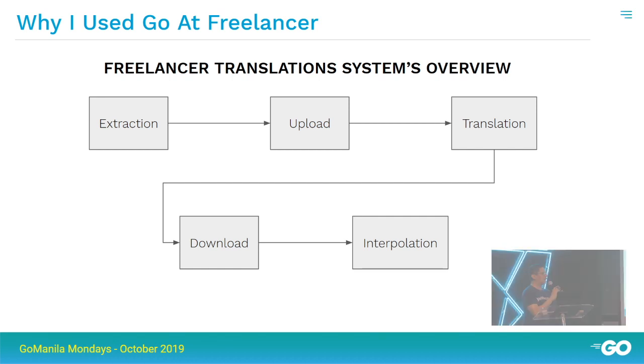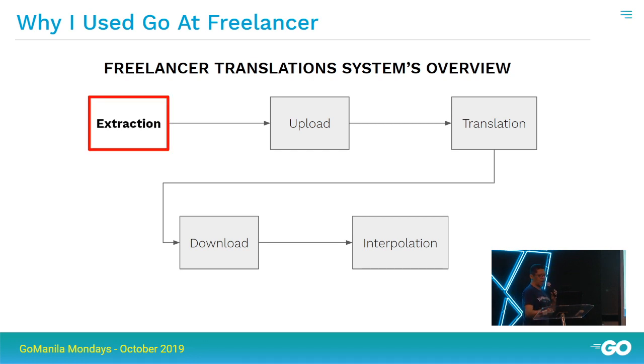It's actually a 5-step process. For the steps that are automated, one of them is semi-automated, it's kind of manual, and I'll explain how it works. The first part is extraction. It's actually a series of utilities that use static analysis that scour our code for all copies that actually need to be translated.